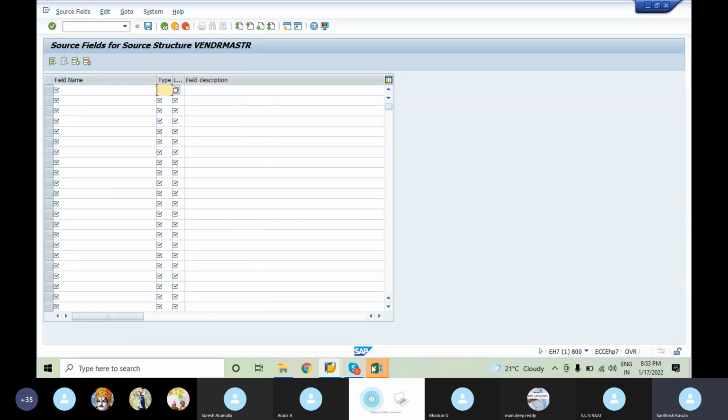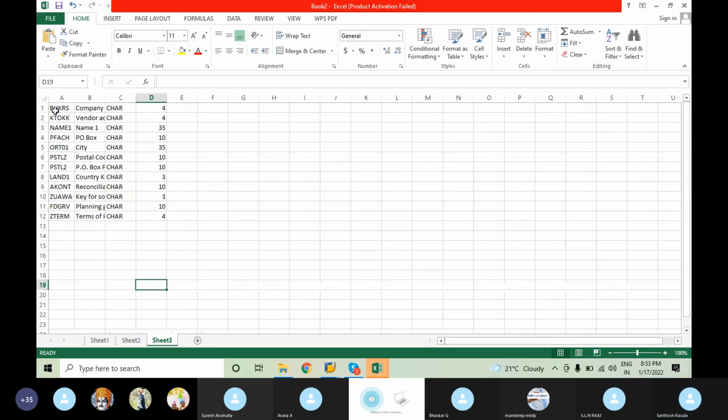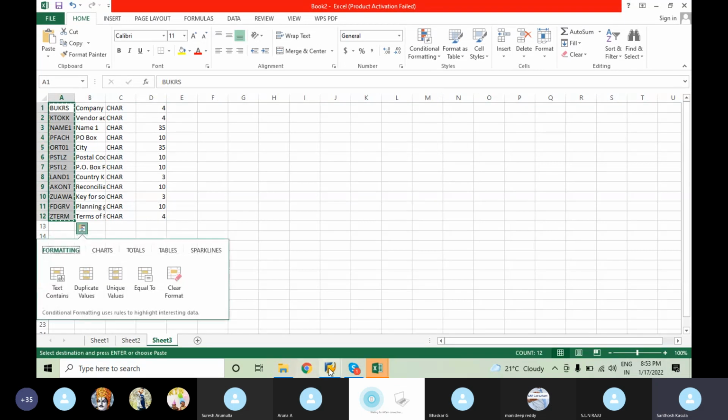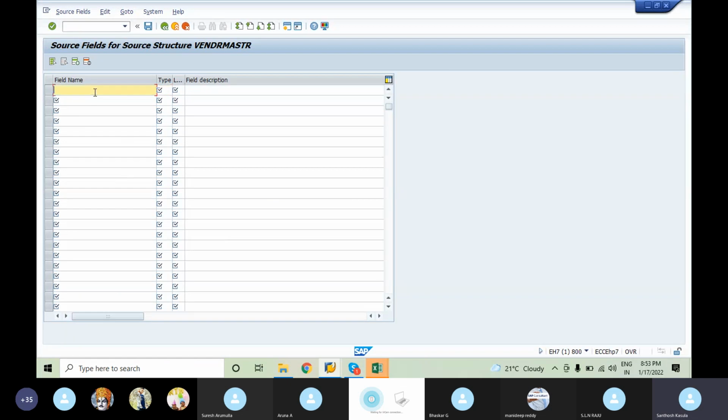So if you come here, just copy these technical names. C. So paste. If you can see here, as I have told you, if we have any gap in between, that will not be accepted.